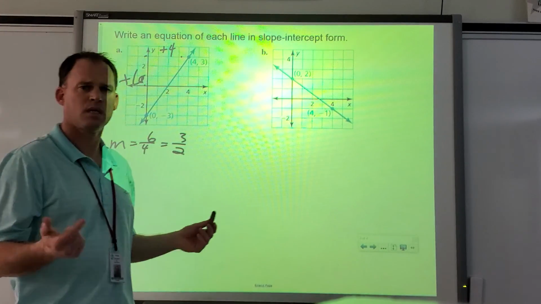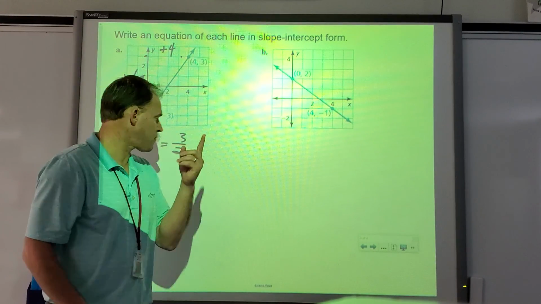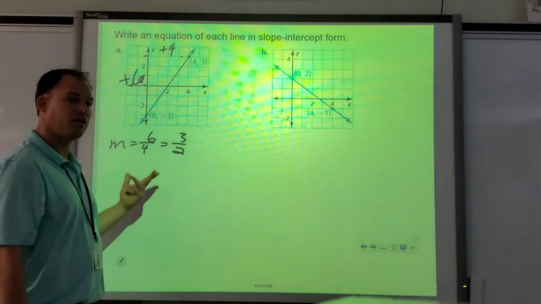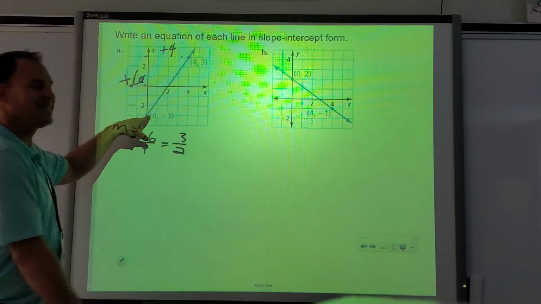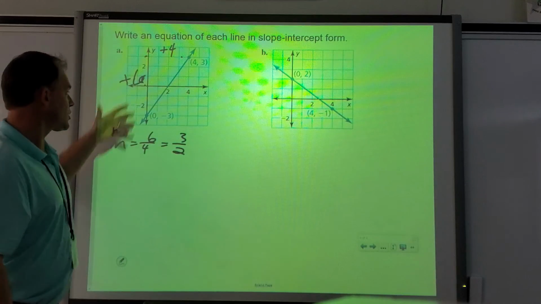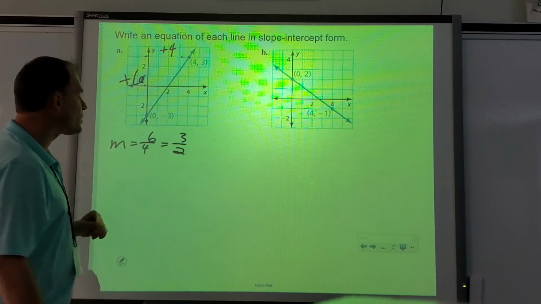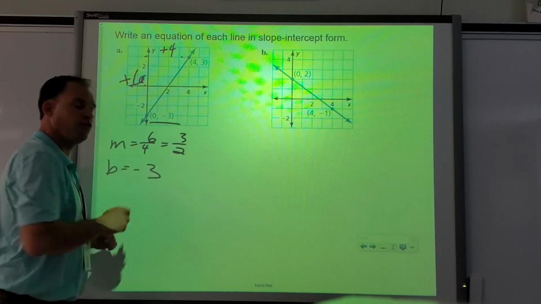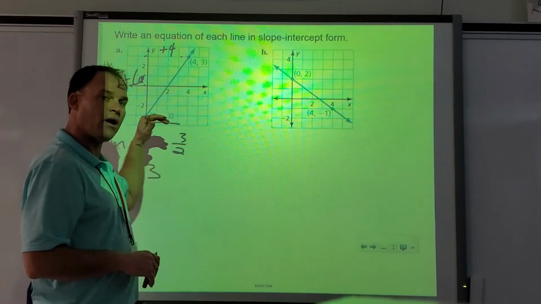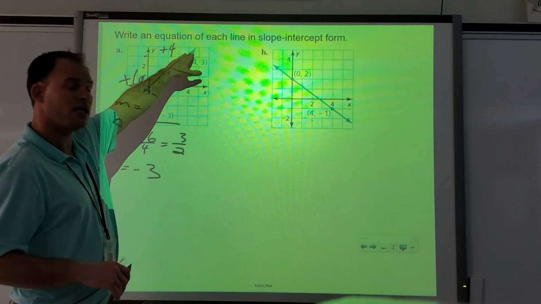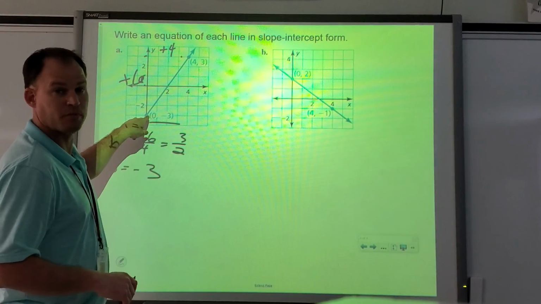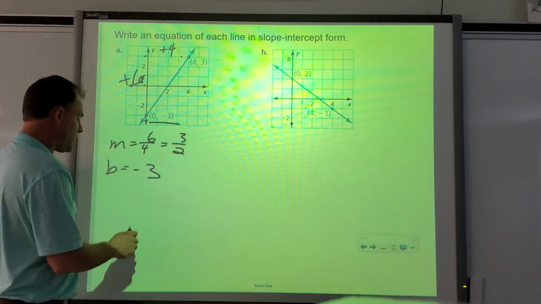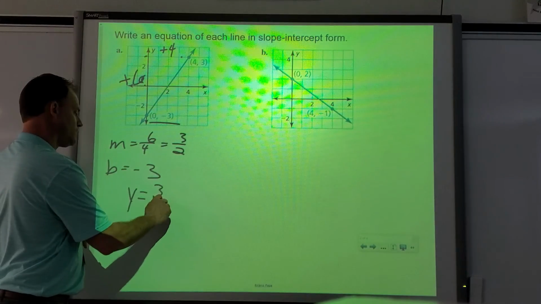I just counted. I still need those same two pieces of information. I got the slope, now I need to find the y-intercept. Found it, it's right there. It's a graph. You can see the y-intercept pretty clear. There's my y-intercept, -3. So now I found the slope by counting. I found the y-intercept just by looking. Now I can write the equation. Y equals